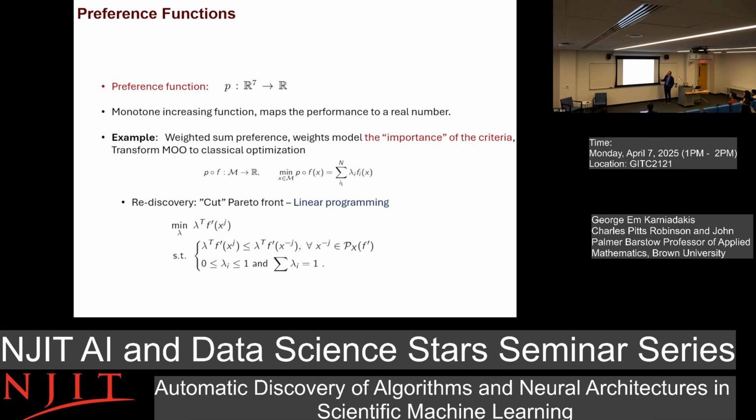So, as I said, the Pareto front is not a unique solution, but you need to introduce, or we introduced, a preference function. In other words, what is very important for you? For example, if you are a mathematician, you care about the error, you emphasize the error, and you don't care about the speed because somebody else will do the work. If you're an engineer, you care about the speed, you don't care about the error, because you're going to use a safety factor anyway. If you're a physicist, you're somewhere in between. So you want to put emphasis on both.